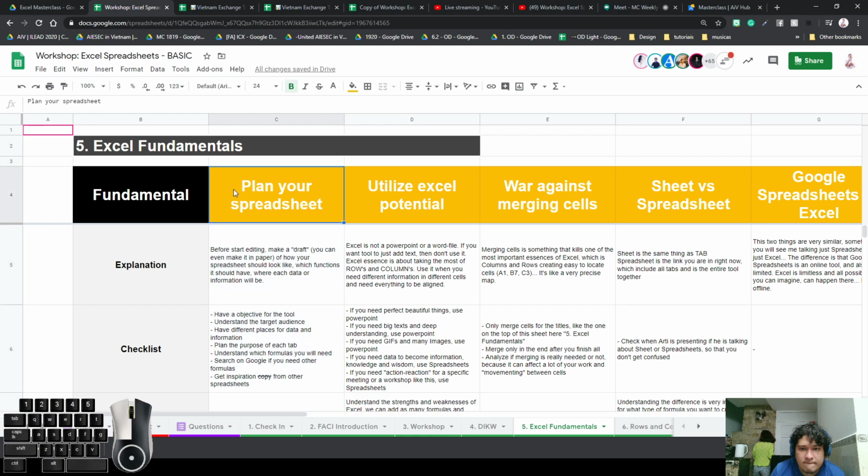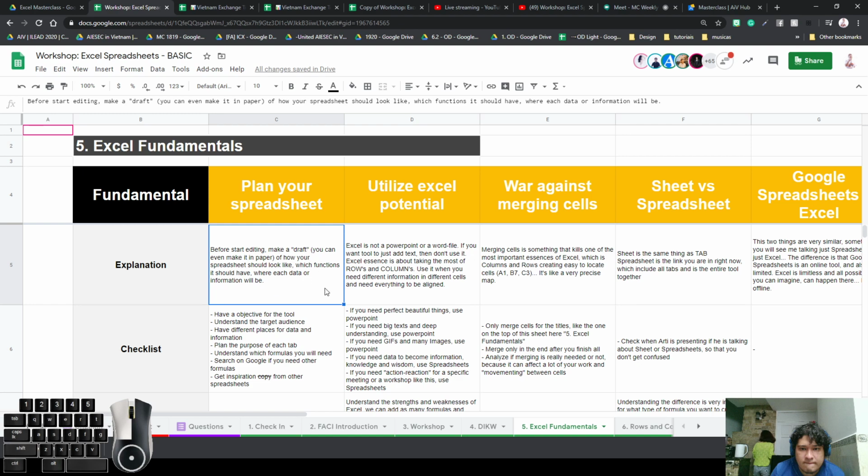So, first fundamental: plan your spreadsheet. It's very important that whenever you want to build something, before you start, you try to understand what's going on and what you want. And to be honest, you can even do that on paper. That's something I really like to do. I take some paper and start writing down what I want, and then I write down tab 1, tab 2, tab 3. This is what's going to happen. This is the formulas I need. This is the information I want to display. This tab is going to be hidden. So I make some notes like that,